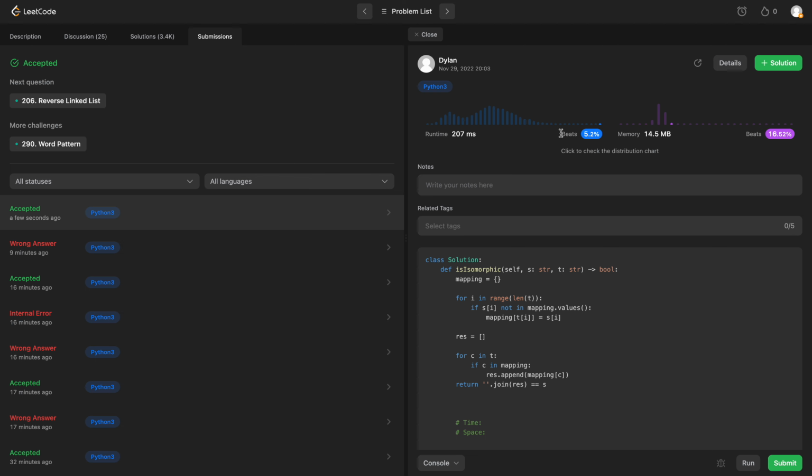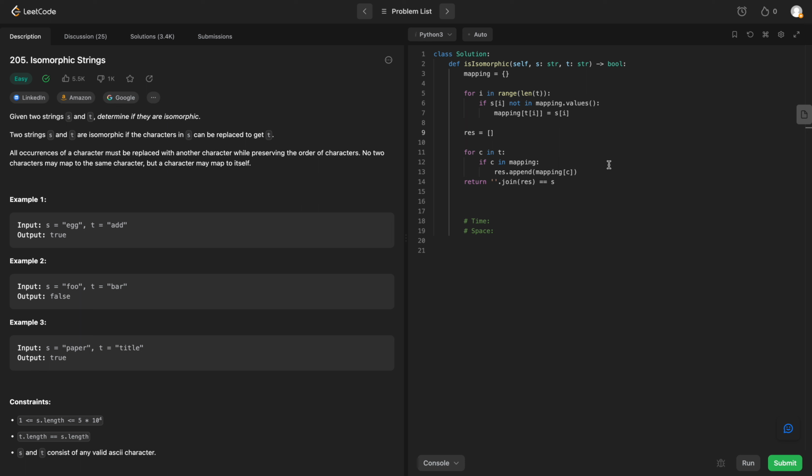Okay, it works. It's not the best time complexity. Let's see if we can fix that. So this is running O of n, that's fine. This is running O of n squared. How can we fix this? Well, instead of checking s of i not in mapping.values,